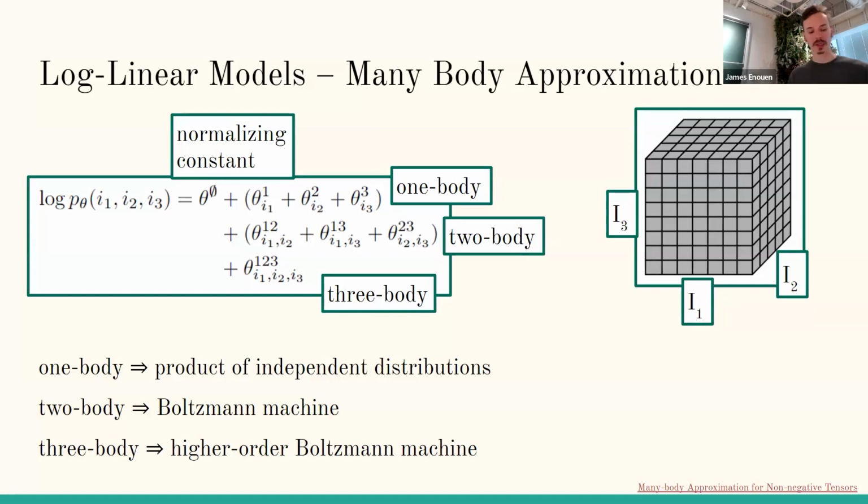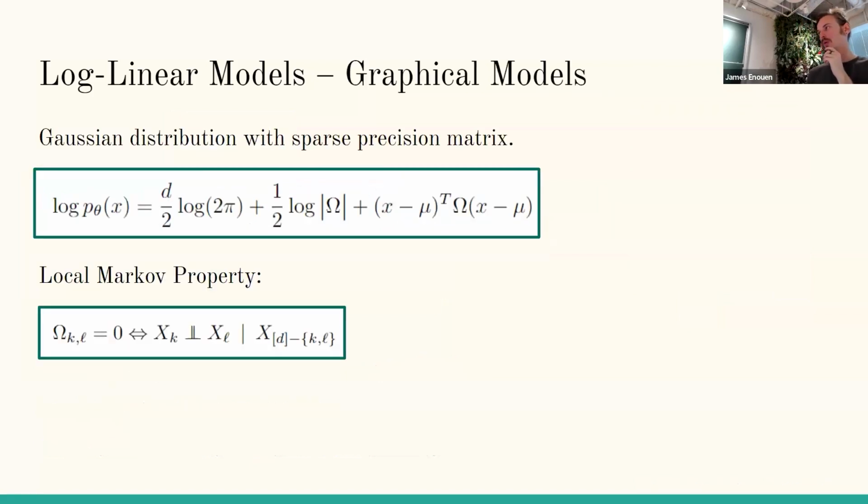But you can maybe imagine we're going to play the exact same game where we do feature interaction selection to pick the best ones to include. And so there's some work that also does this sort of selection, and that's called graphical models, or sparse graphical models, or also Markov graphical models. So if we look at a Gaussian distribution, I've just written out the formula here, but I've written it with the precision matrix omega instead of the typical sigma matrix. But you can see this is just the log probability of the Gaussian. And what we do with graphical models is we try to learn the omega.